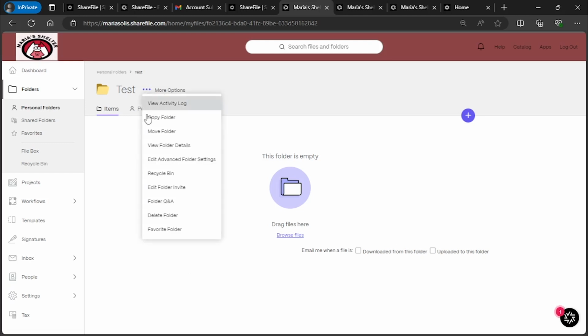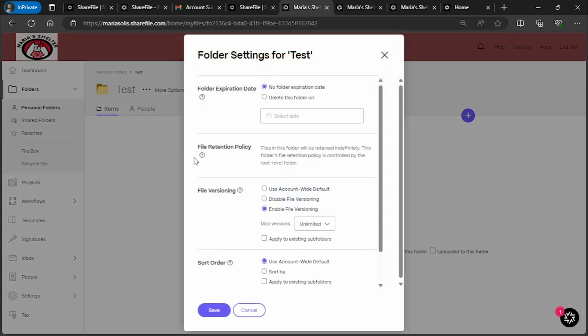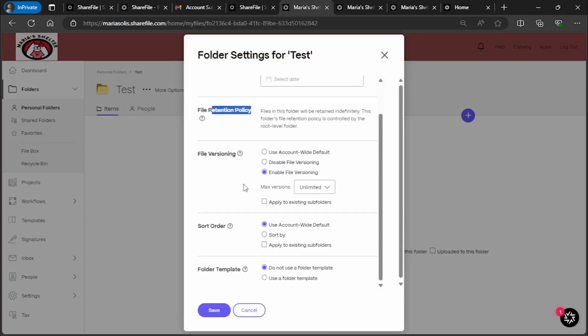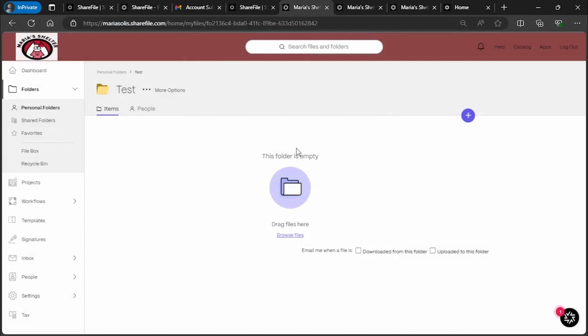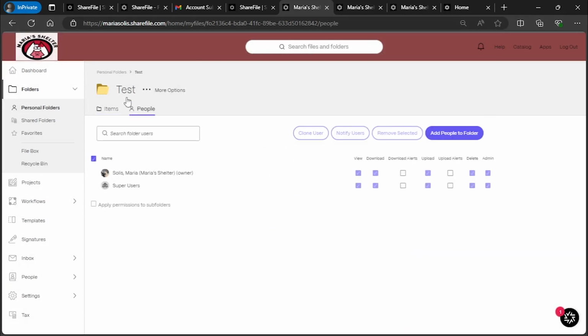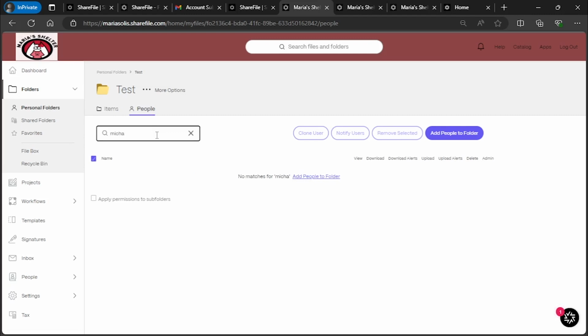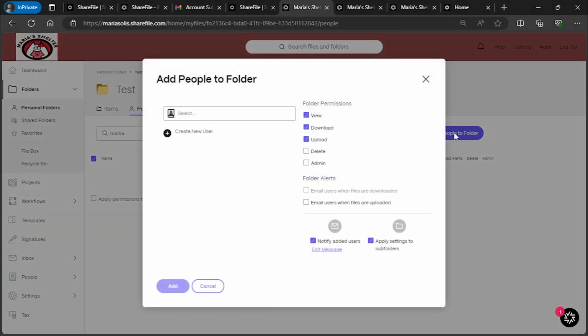You also have advanced folder settings. If you click on the three dots right next to the title of the folder, you will see here information like the expiration date, retention policy, file versioning, sort order, or even a folder template. Also, if you create a folder, right next to the name, you're going to see a people tab. Here is where you can also manually add any type of users to have access to the folder. Well, in this case, you'll have to go to add people to folder,